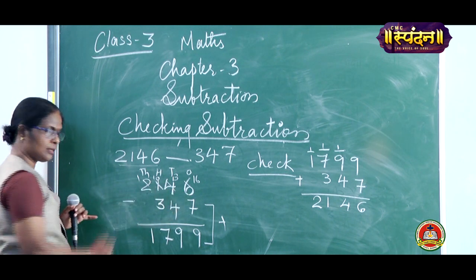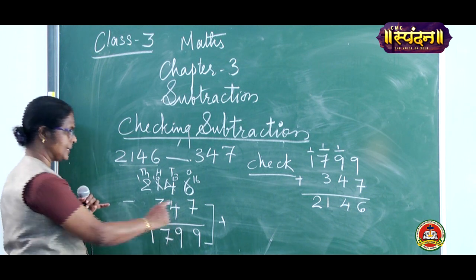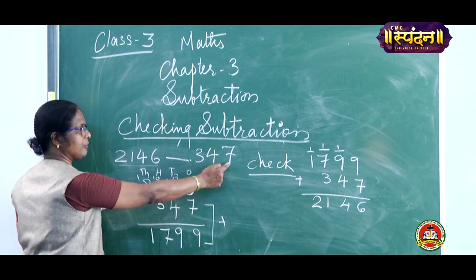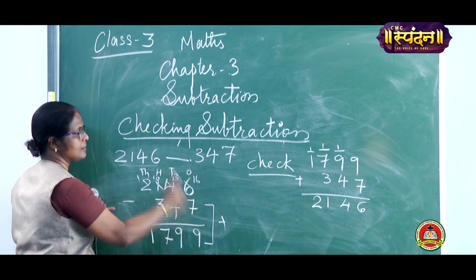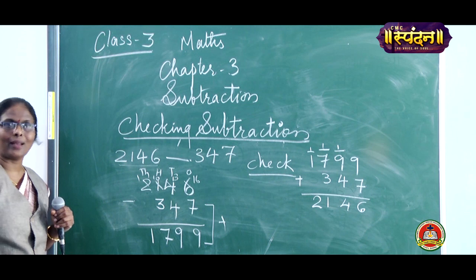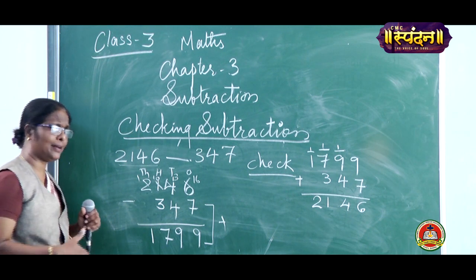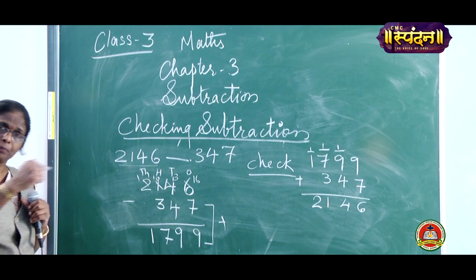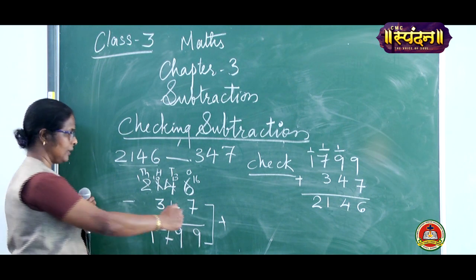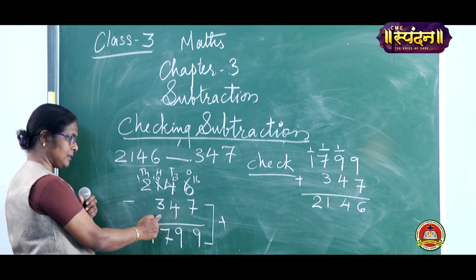Then what are you going to write here? Nothing, you leave it there. But it should not be like that. It is 347, so 3 should be in the hundreds place, 4 in the tens place and 7 in the ones place. That's why I tell you, every time you are writing the second number, whether it be addition or subtraction, start writing the second number from the smaller place value. Write the number in the ones place first, then the tens place, then the hundreds place.